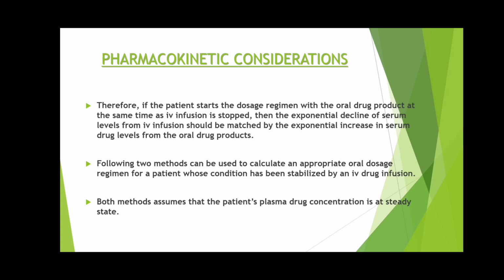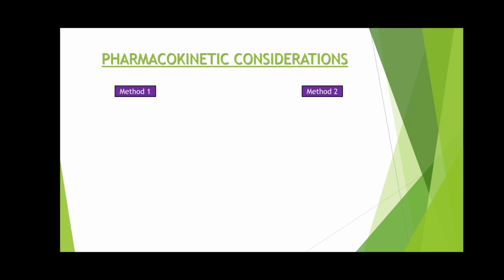The following two methods can be used to calculate an appropriate oral dosage regimen for a patient whose condition has been stabilized by an intravenous drug infusion. Both methods assume that the patient's plasma drug concentration is at steady state. Okay, so we have basically two methods and we will check them one by one. So method 1,